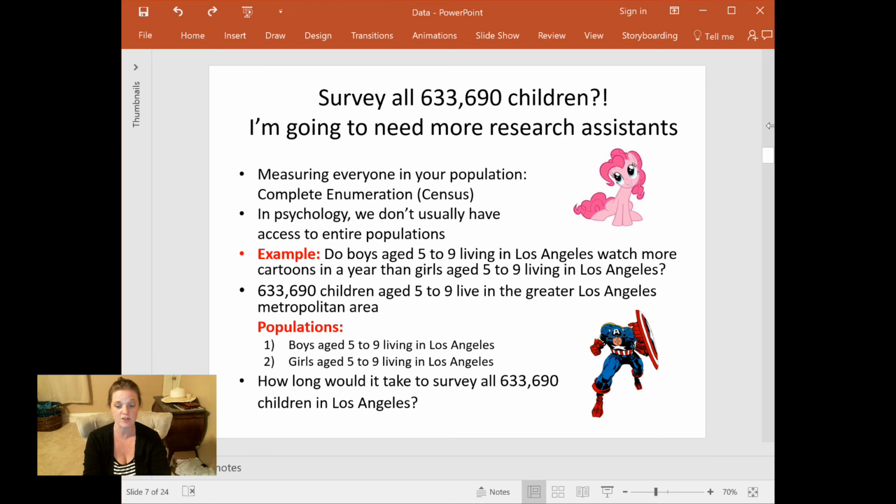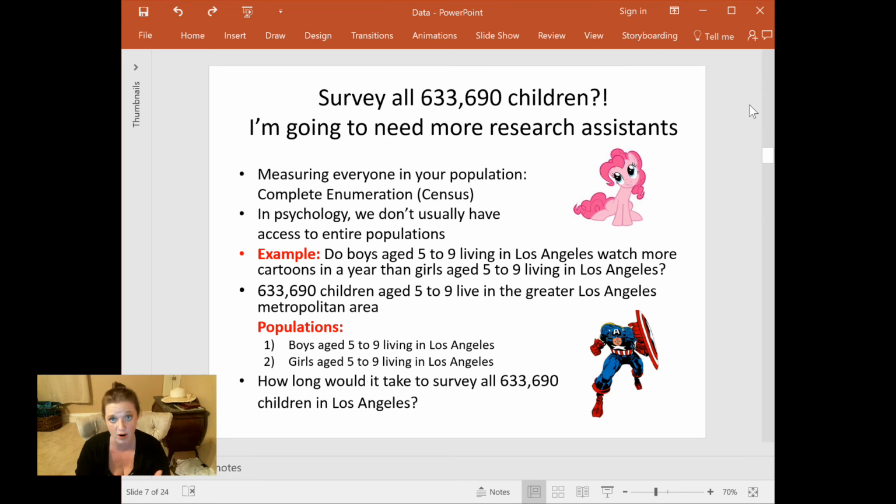And in psychology, unfortunately, we usually don't have access to all of the people, right? And in sociology and all the other social sciences and the medical sciences as well, because the statistics that we learn in here are the exact same in business, the exact same in medicine. Anytime you're gathering information about people, you're using the stats that we're going to learn in here. And so whenever you're dealing with people, you rarely have access to all of them. And so a complete census is very, very difficult, right? And so we have to do something different.